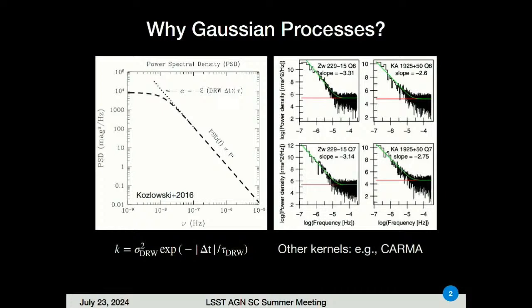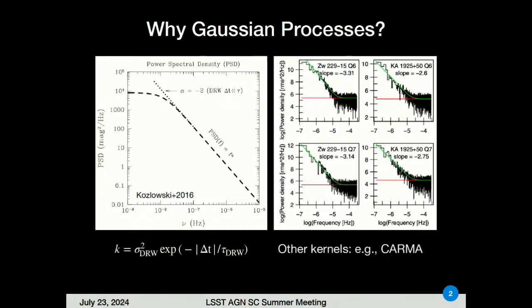Some of you will say there are more recent works showing that the slope of the PSD is steeper than that predicted by DRW. What would you do with that? If you ask me, I would say go to CARMA, but it's not the only option. There are other GP kernels that give you steeper PSD slopes. Okay, hope I have convinced you that GP is a reasonable way going forward to model the red noise variability